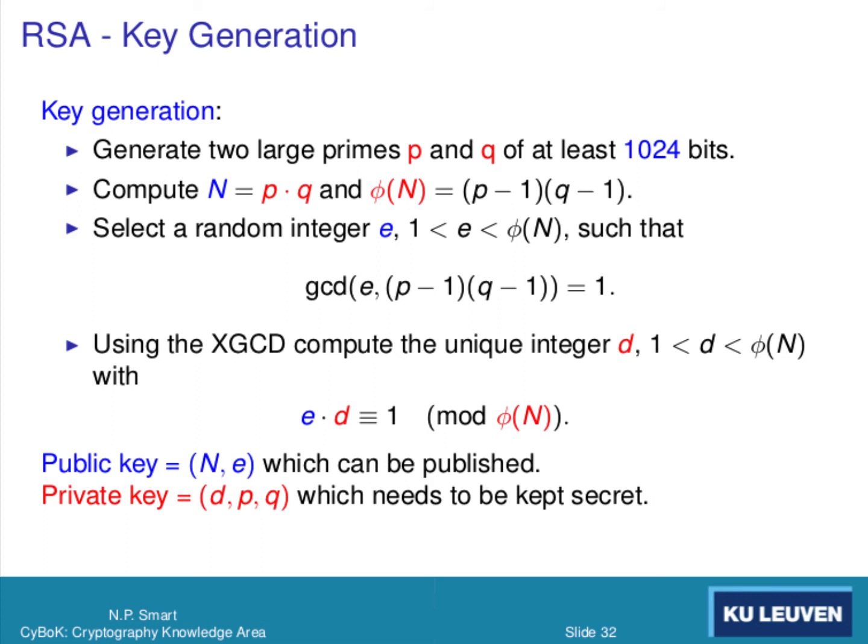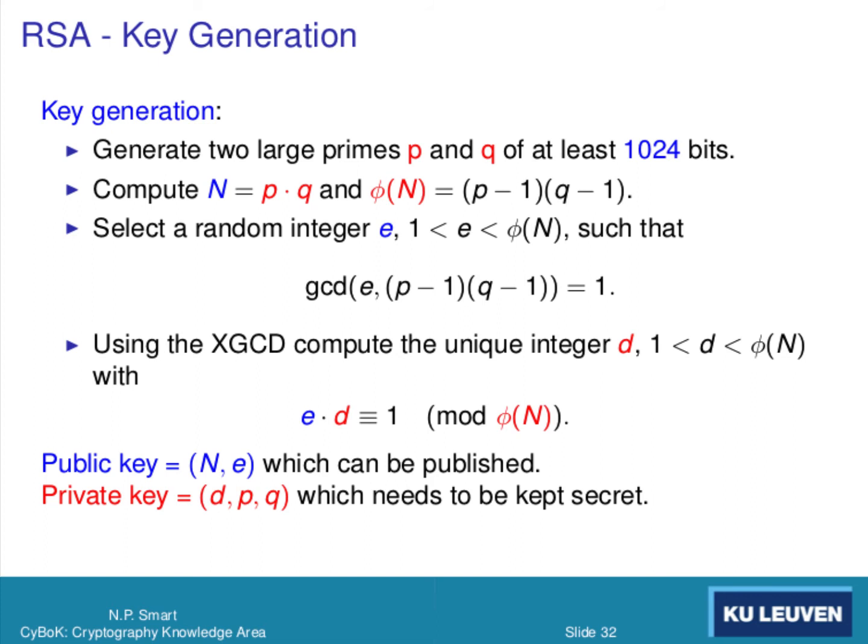So RSA works by taking two large primes, P and Q, and multiplying them together. This gives us the public key modulus n. We then take the Euler phi function, which is (P minus 1) times (Q minus 1). Now the Euler phi function is essentially the order of the multiplicative group modulo n. This mathematical fact allows us to define an encryption scheme. We take a public random integer e, often called the encryption exponent, which just has to have no factors in common with the Euler phi function. And then because it has no factors in common with the Euler phi function, we can find another value d,